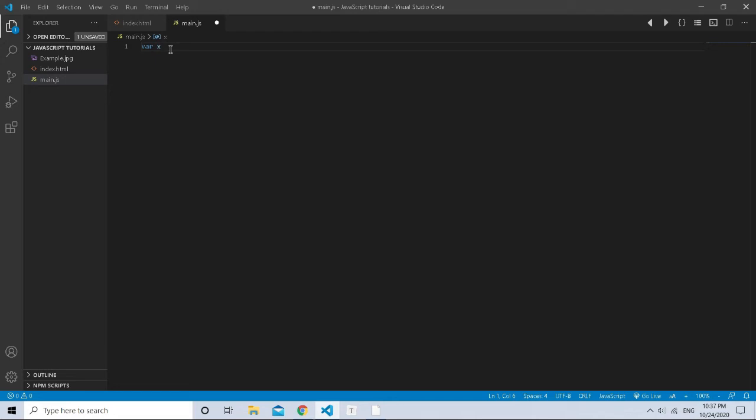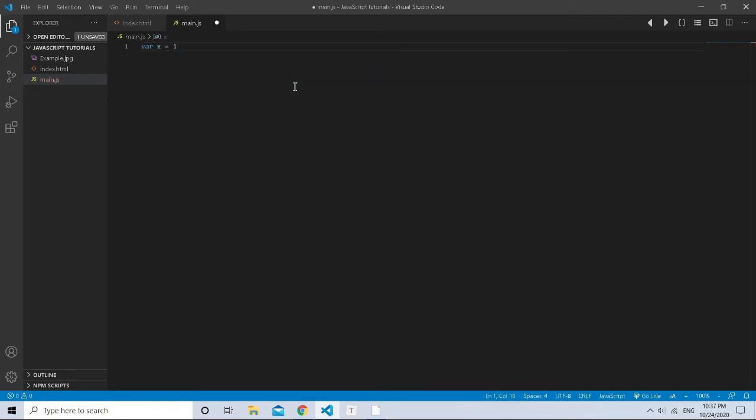So variable x is equal to, and you can see here the Visual Studio Code error because we have not assigned the variable any value yet.